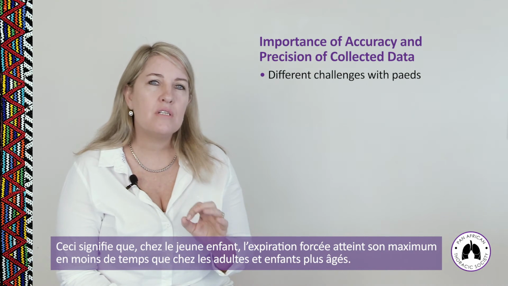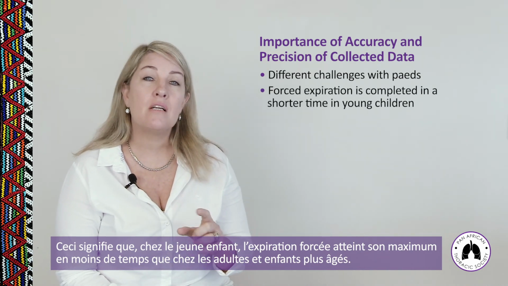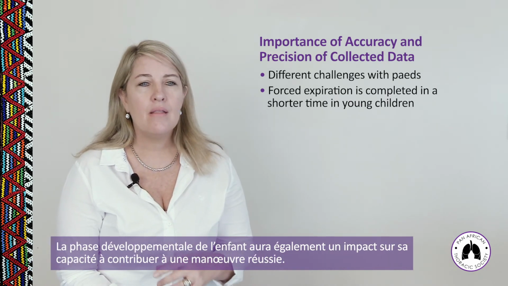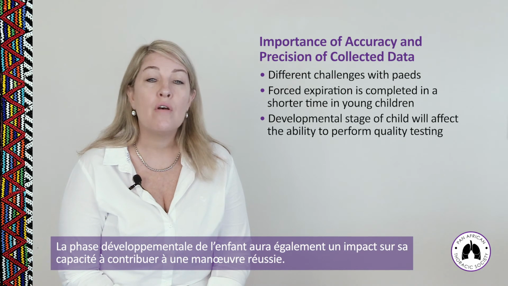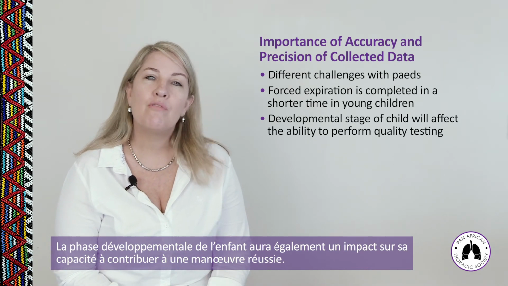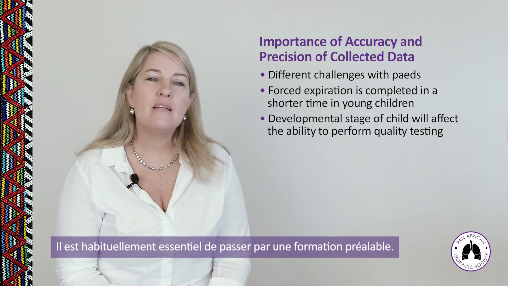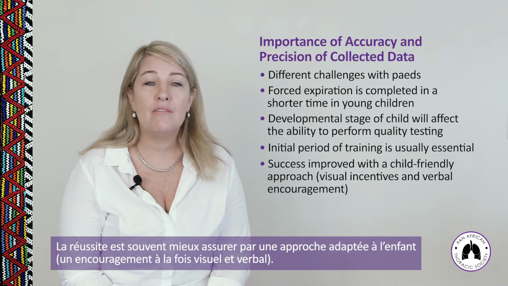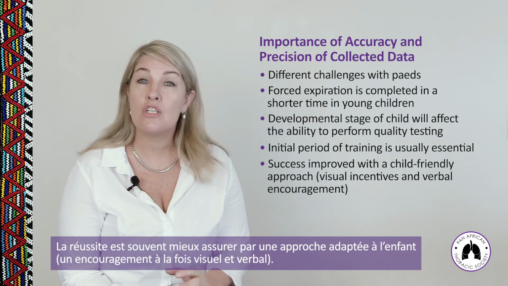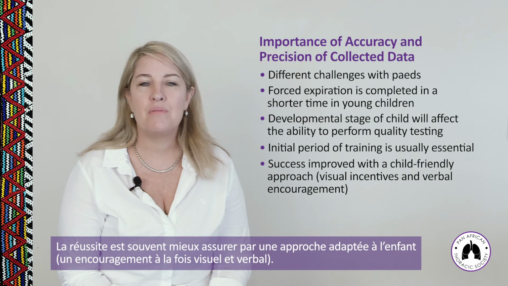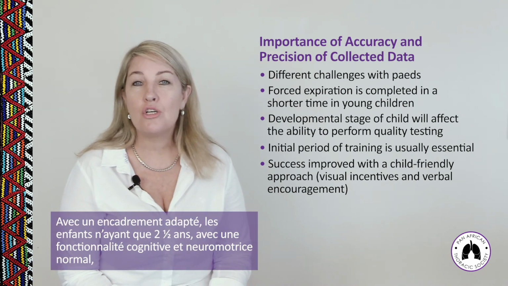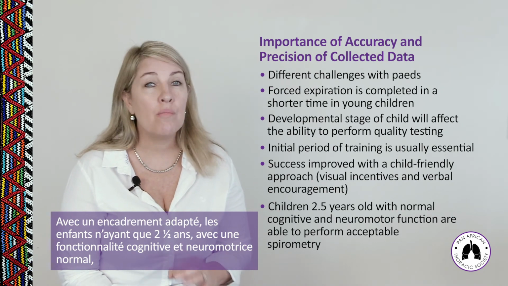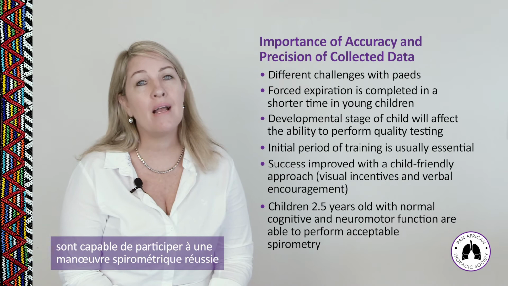This means that the forced expiration is completed in a far shorter time in very young children compared to older children and adults. The developmental stage of the child will also affect the ability of the child to perform quality testing, and an initial period of training is usually essential. Success is improved with a child-friendly approach, which may include the use of visual incentives and verbal encouragement, and with appropriate coaching, children as young as 2.5 years old with normal cognitive and neuromotor function are able to perform acceptable